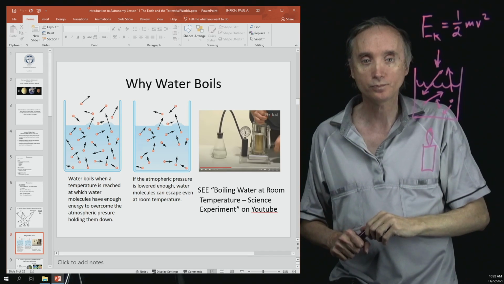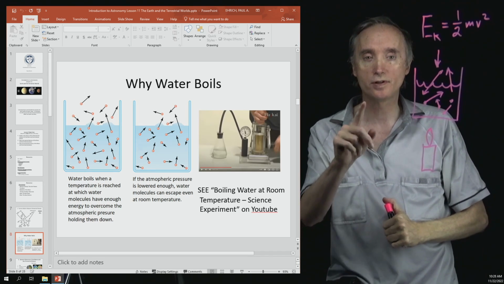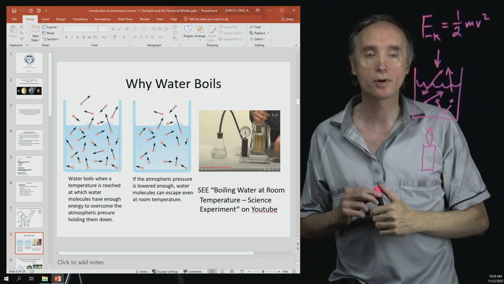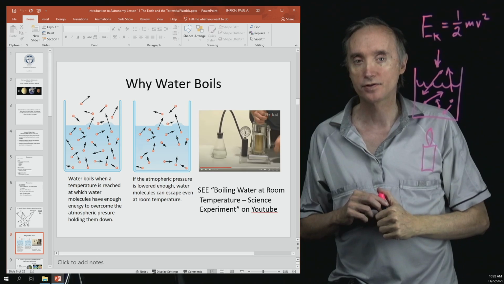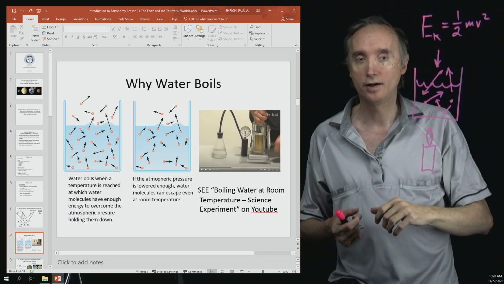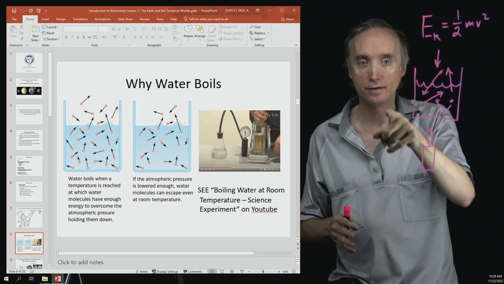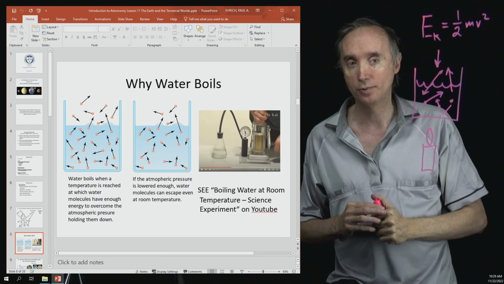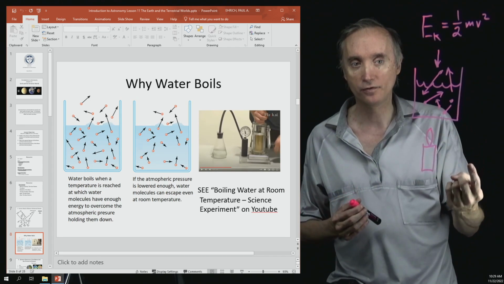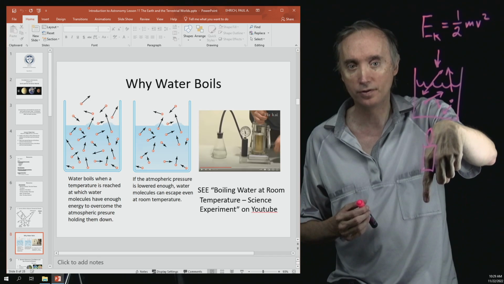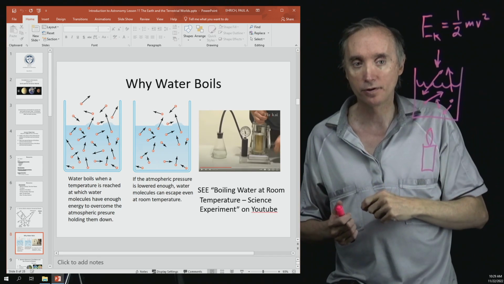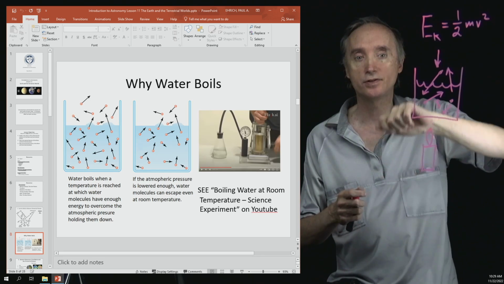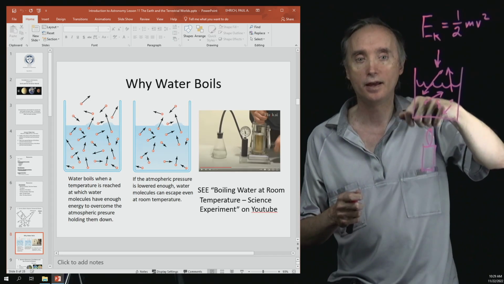So what I want you to do is watch this video, Boiling Water at Room Temperature Science Experiment on YouTube. You're going to see that the water in that vase or flask right there is at room temperature. You could take your finger and put it into that water and it's not going to burn you. It's at room temperature. Then they start to crank the handle